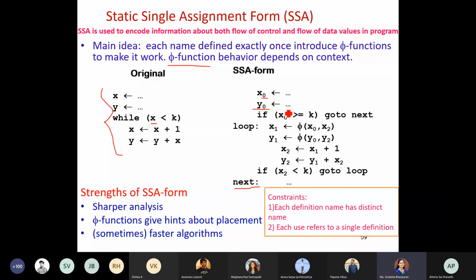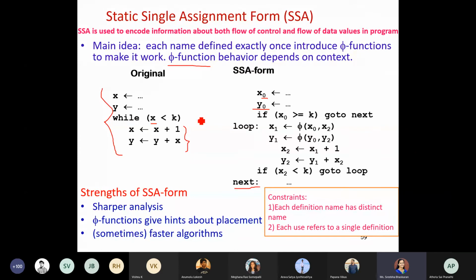If this condition doesn't satisfy, what happens? I have just created another label, a loop, where I have mentioned this portion and the condition. Here, the first time I have to apply x equals x plus 1, right? So I am updating the same variable x. Whenever I update it, I just increment the sequence number.